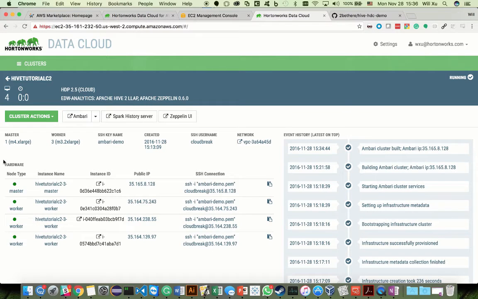All right. After 15 minutes or so, the cluster creation has been completed. As you can see in here, it says running. In here, what we want to do is start with Improv. But before we do that,